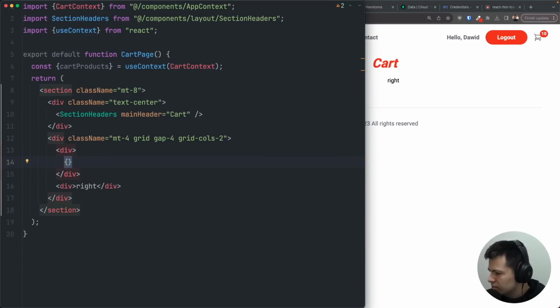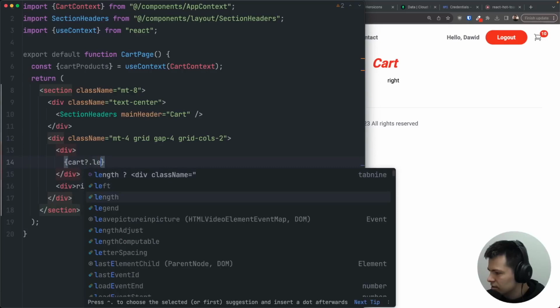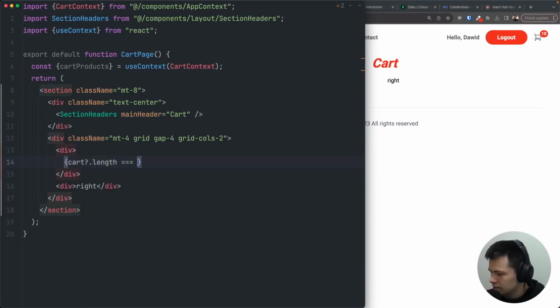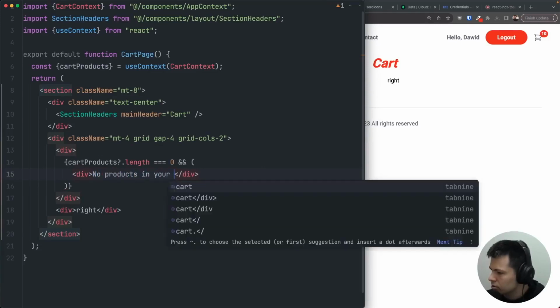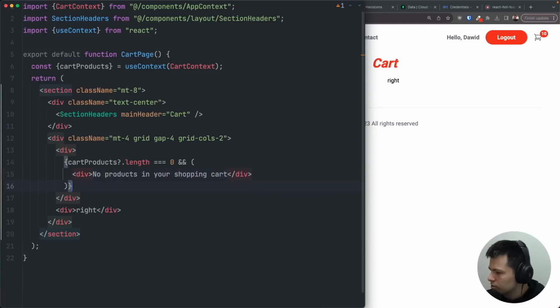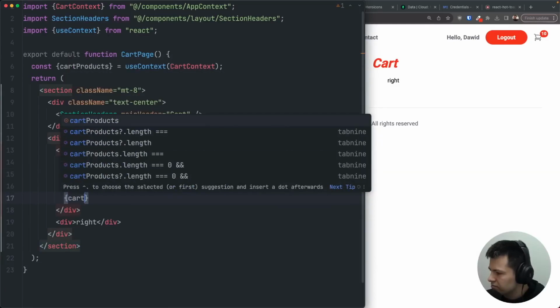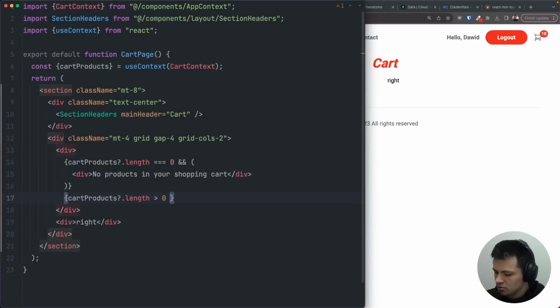First, let's do maybe something like this. If there are no products, so cart products length is 0, then let's do a div saying no products in your shopping cart. But if we have products, so if we have cart products length that is bigger than 0, let's do